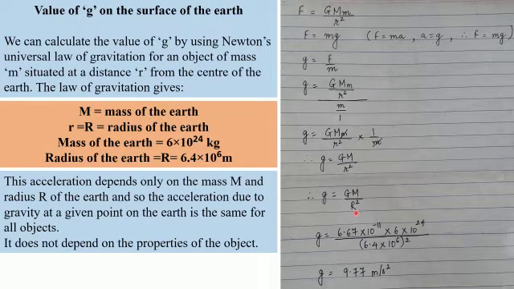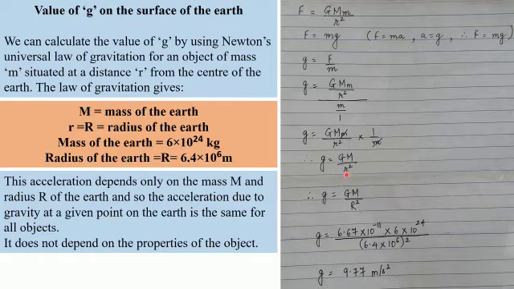Now here you find that instead of small r we have used capital R. Capital R is the radius of the earth. Now why have we replaced the small r by the radius of the earth? Because if we compare the size of the object to the size of the earth, it is going to be very, very small. So the object is very small as compared to the size of the earth.